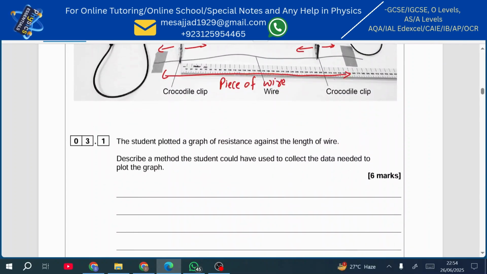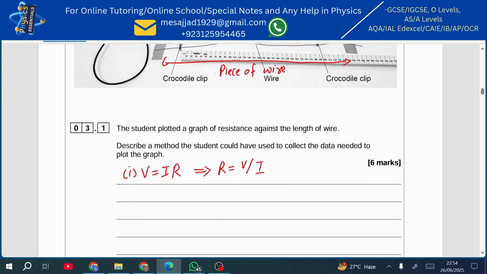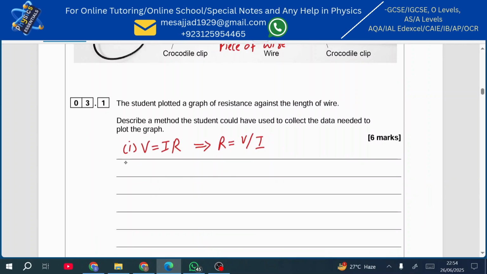So first of all, from Ohm's law, you should know that resistance is equal to V over I. So that means in order to find out the resistance, we need voltage and we need current. Okay, so first of all, your point number one should be, point number two, sorry. Measure the length between two crocodile clips,